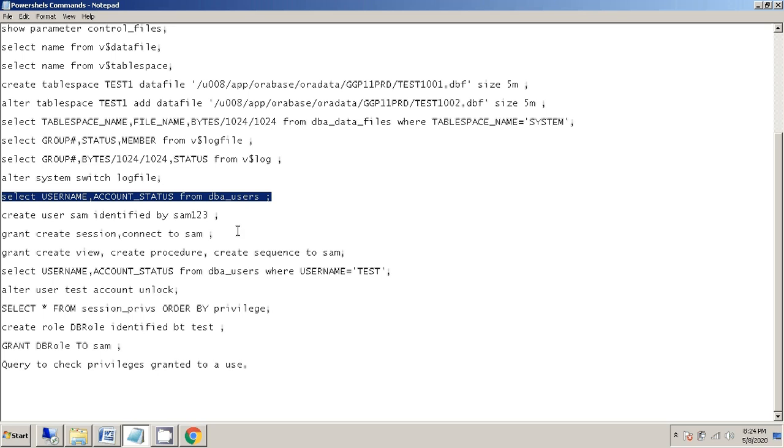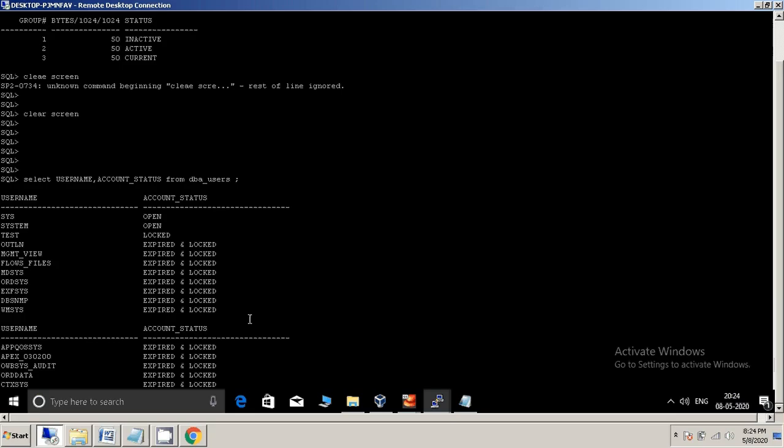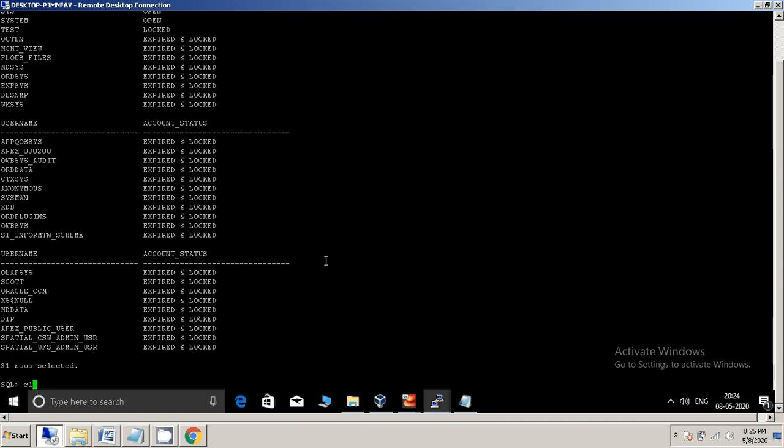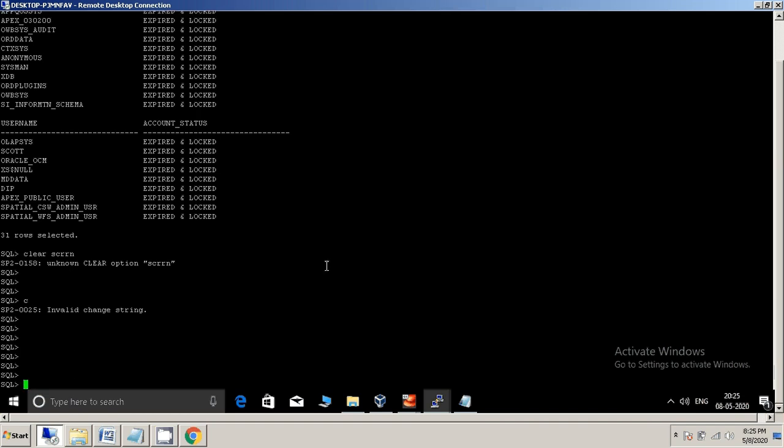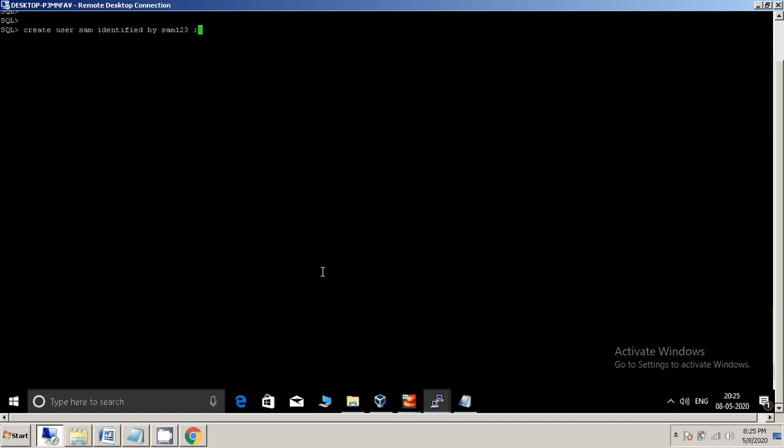So now we will create another user. Here, create user username identified by password.